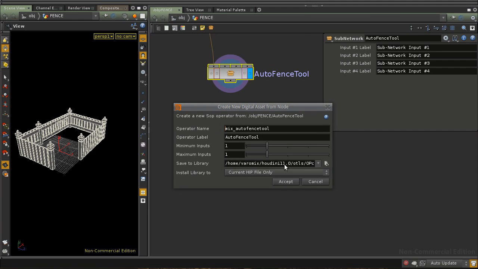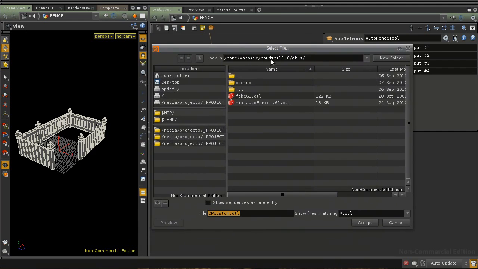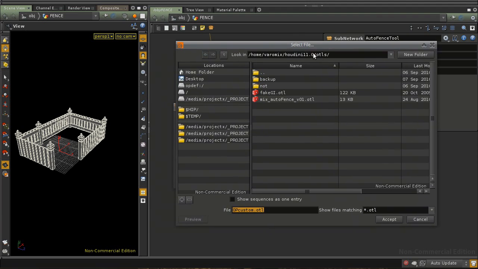And where we're gonna save this is very important. If we click here, I'm gonna save it in my documents and Houdini's folder, and inside a folder called OTLs, which if you save your tools there, Houdini will read them each time you launch it. As you can see, I have another tool here in my fence. I'm gonna name this mix out of fence tool, so I don't have a conflict of naming some labels with my other tool, and